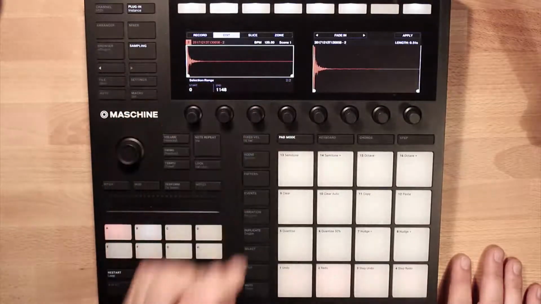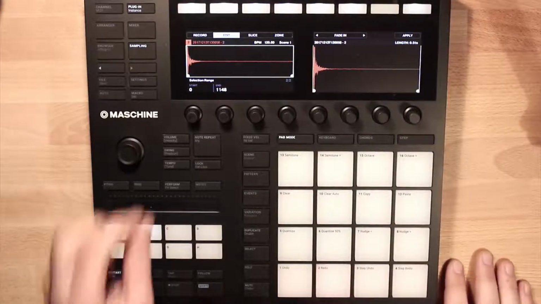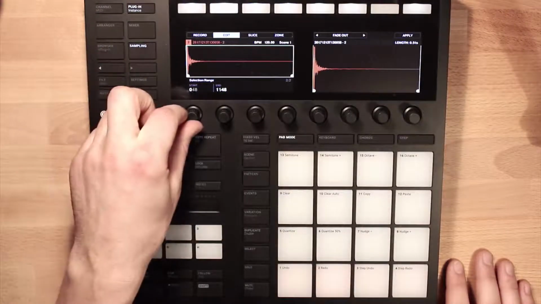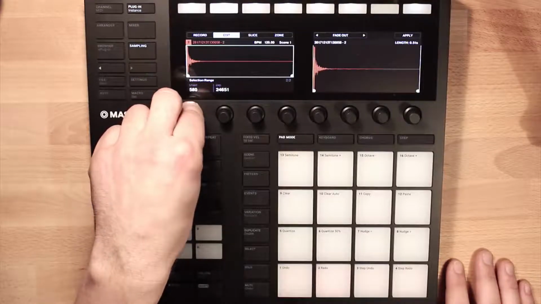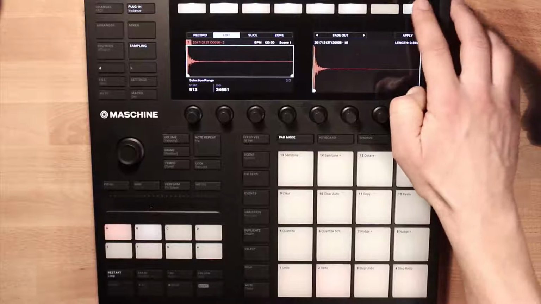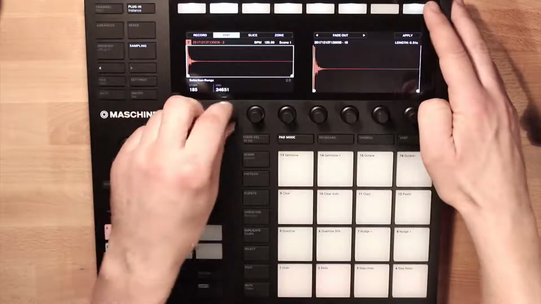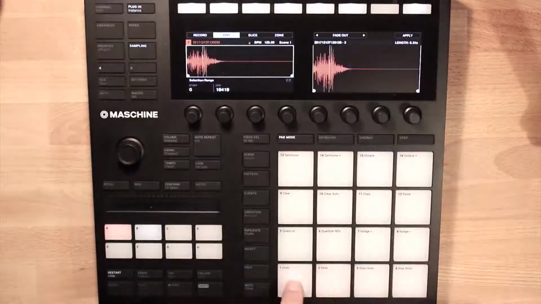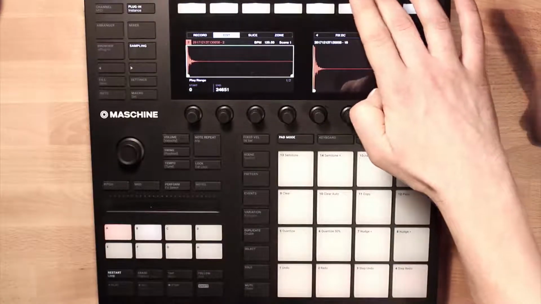So I can apply just the fade in to that start bit. If I want fade out, same rules apply. So selection range. So we could apply a big fade out to this sample. It's not going to do very much unless we close in on the sample a bit. So we can apply nice little fade outs, fade ins,